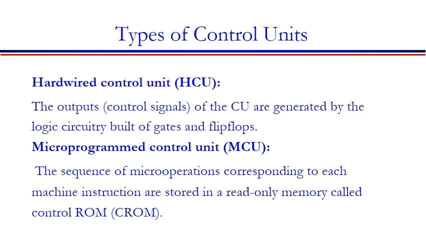Whenever an instruction is given to the system, the information related to the instruction is also given to the control unit, and the MCU generates different types of control signals depending upon the nature of the instruction. So all the information or data related to the instructions is saved in the control memory, and the control unit generates different control signals whenever an instruction is given to the system.